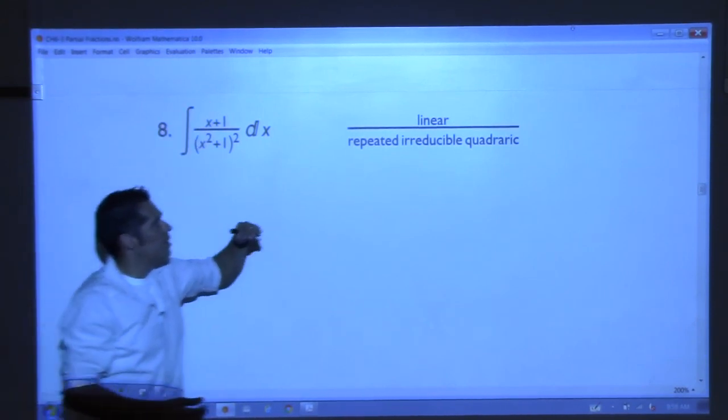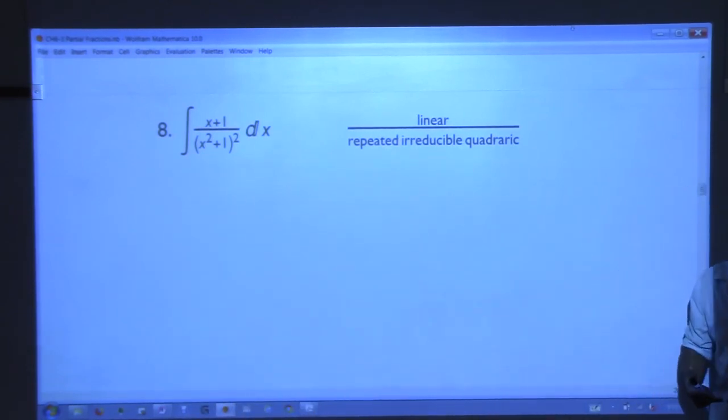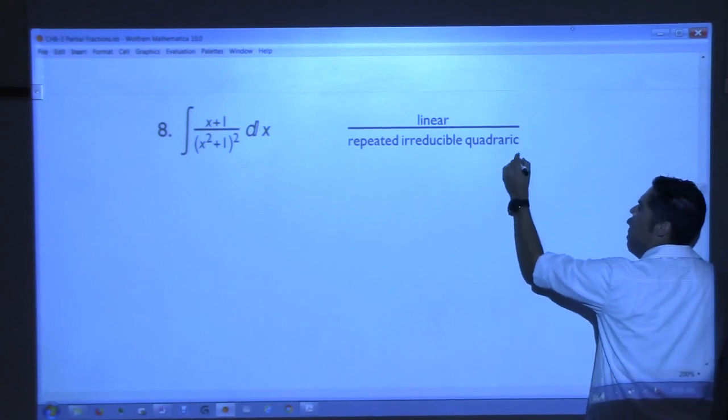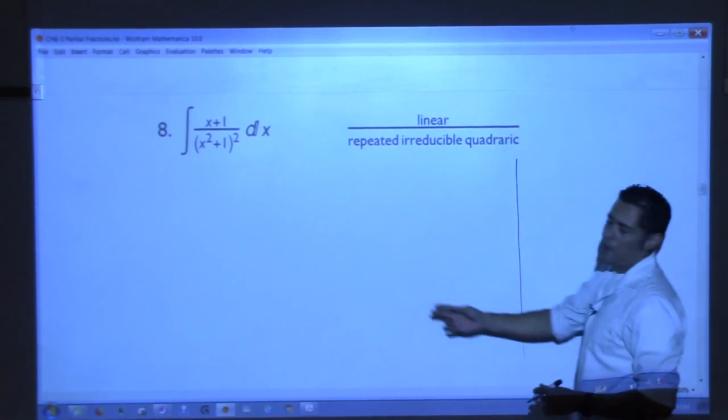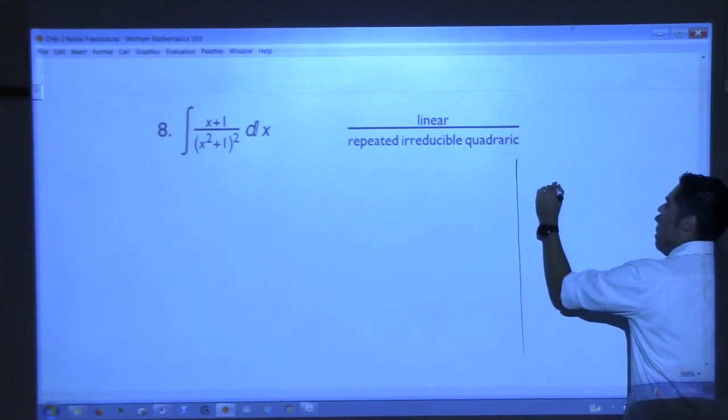What did we do in the previous one? We had linear over irreducible quadratic, right? What did we do there? I tried to make the top be the derivative of the quadratic part, right? Let's try that again. What I really would like, yeah, you could expand this, then it would be a 4th degree polynomial, right? Okay. Let me just try this. I really wish